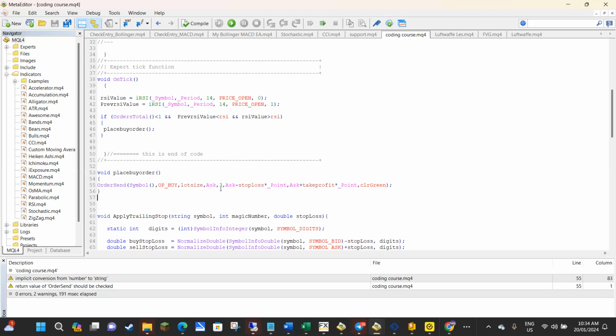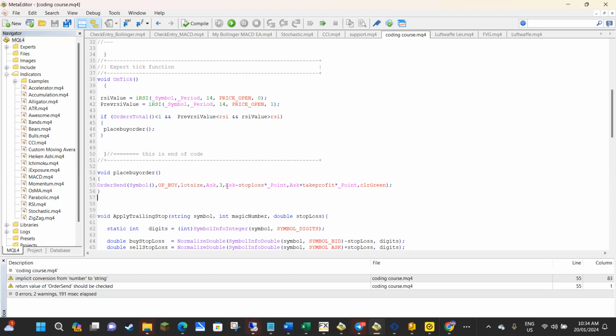I'm just saying that if it moves more than 3 points, don't place this trade, because you might tell it to place a trade at this level. I know you can't see my hands, but you might tell it to place a trade at this level, but before it can do it, the market might move 20 pips further up. So you're going to place a trade nowhere near where you originally wanted it to. So that's why we have the slippage